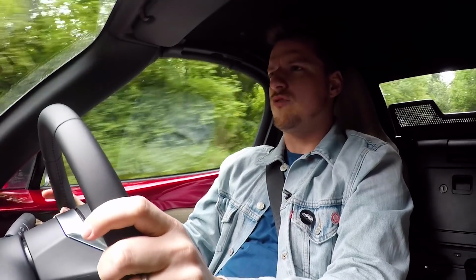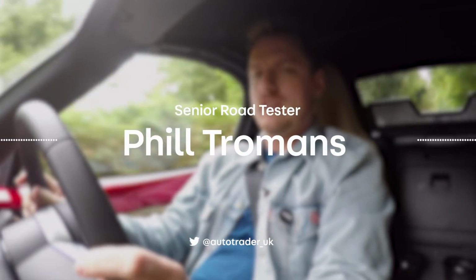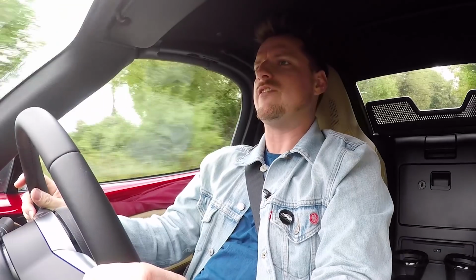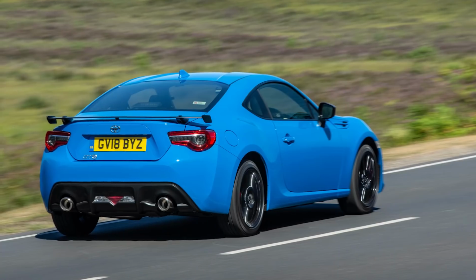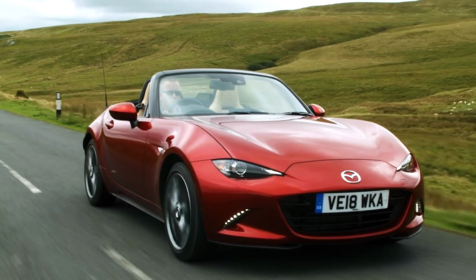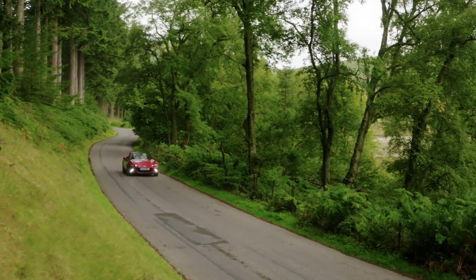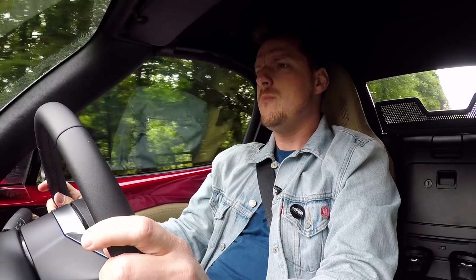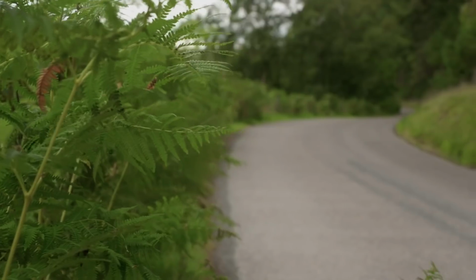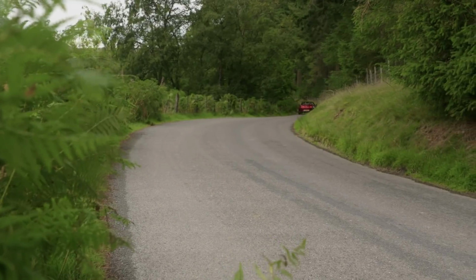Ask a knowledgeable petrol head what the cheapest new sports car you can buy is at the moment, and you'll get a knowing wink and probably one of two answers. The first is likely to be Toyota's excellent GT86, and the second will be Mazda's MX-5. Sure, there'll be those that sneer at its diminutive size and relatively modest horsepower figures, but those people are wrong and foolish. The MX-5 is one of the most fun driving experiences you can have for around the 20 grand mark,